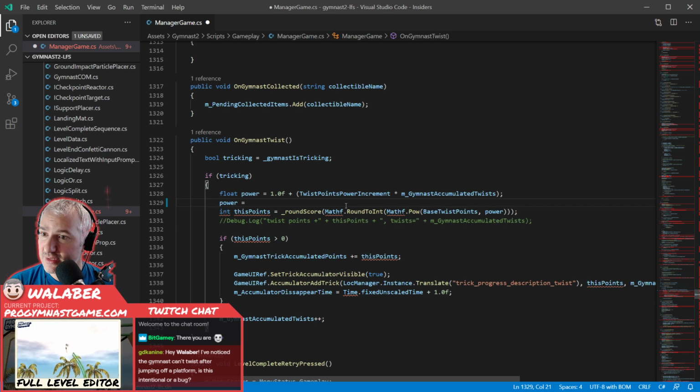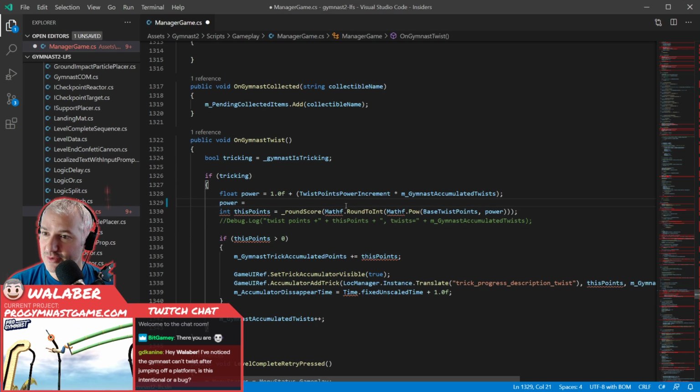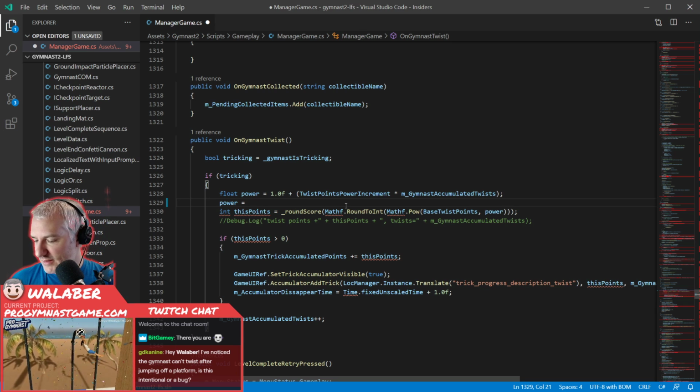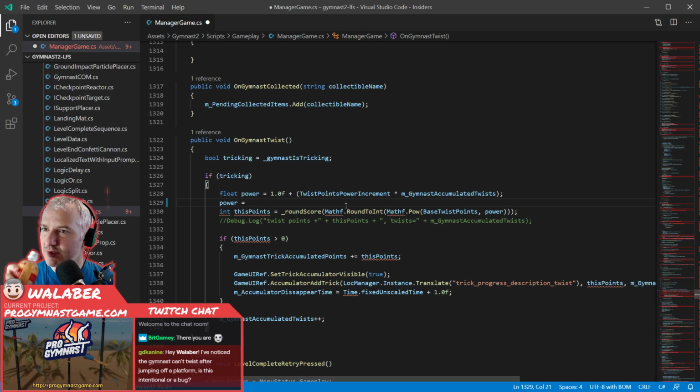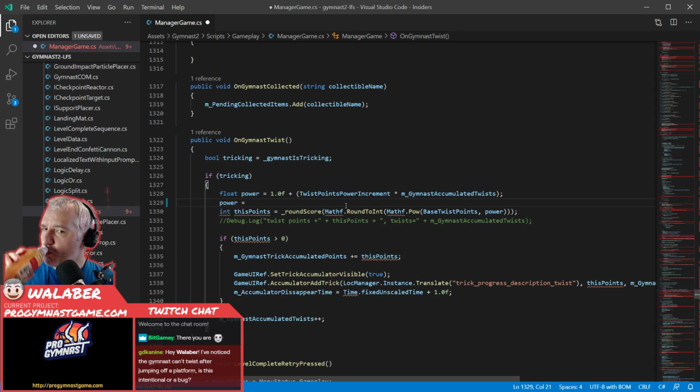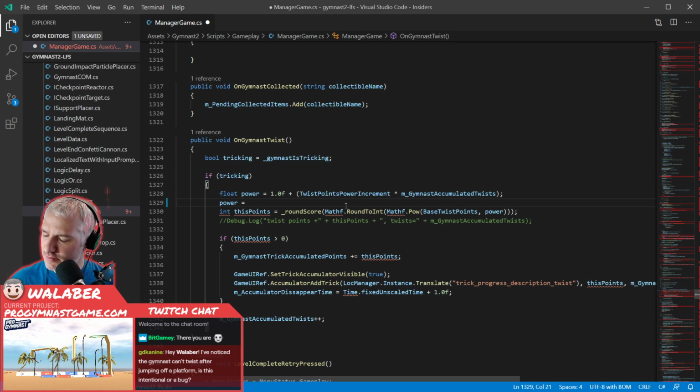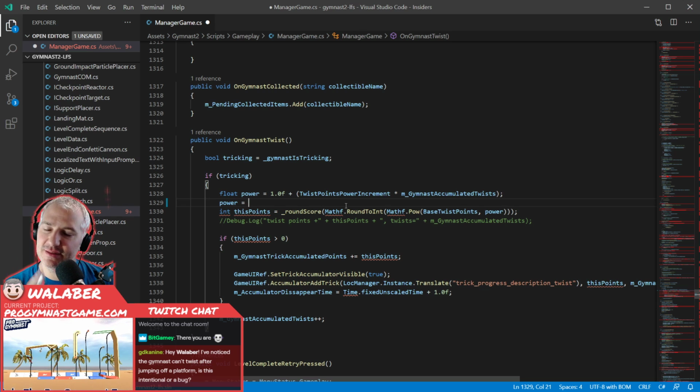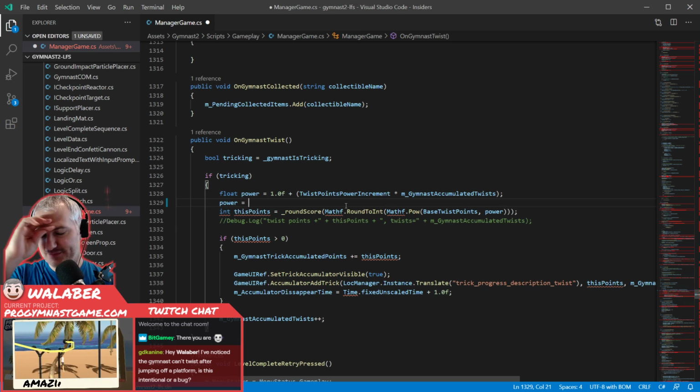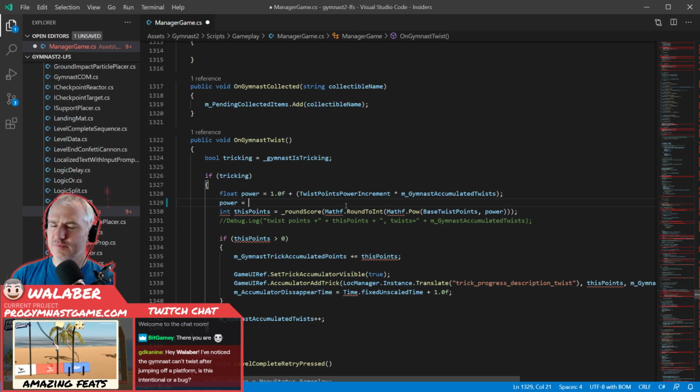Hey Walber, I've noticed this gymnast can't twist after jumping off a platform. Is this intentional or a bug? Yeah, it's a little bit of both. Basically the problem is, you know what, now that I'm saying it out loud, I think I know what the solution is, but basically,